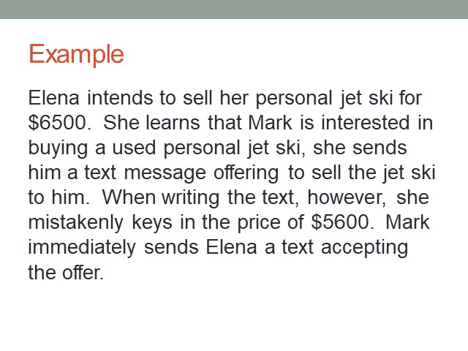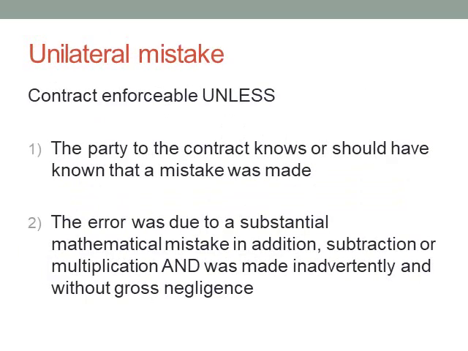Elena can only get out of this contract and have it be unenforceable when the party to the contract knows or should have known that a mistake was made. And two, the error was due to a substantial mathematical mistake in addition, subtraction, or multiplication, and was made inadvertently without gross negligence. So in either one of these situations is when a unilateral mistake will be a defense, and they'll be allowed to